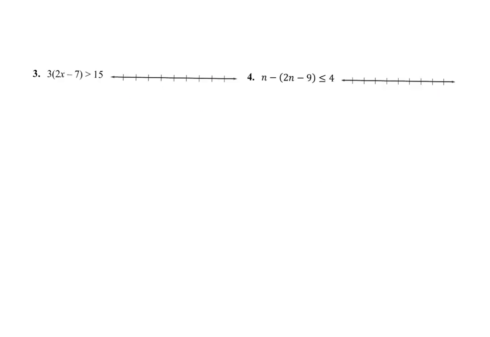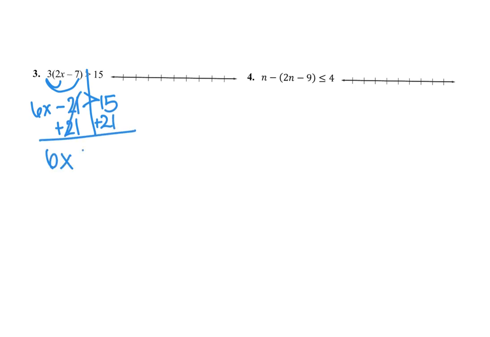All right, question number 3. Notice how we need to distribute that 3 to simplify first. So we're going to distribute and multiply. 3 times 2x is 6x. We'll have minus 21, and then is greater than 15. So all variables are on one side, so we need to undo the numbers without the variables. So we're going to add the 21 to both sides, and we have 6x is greater than